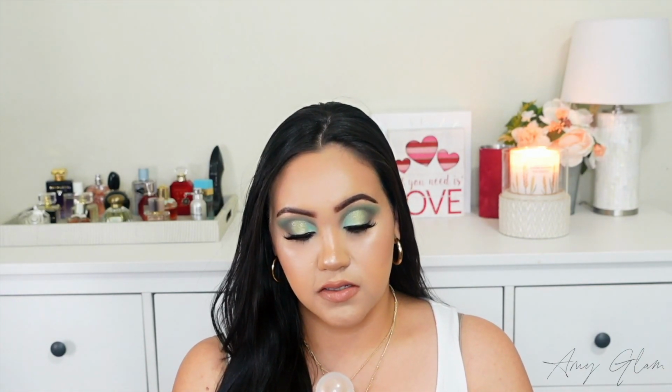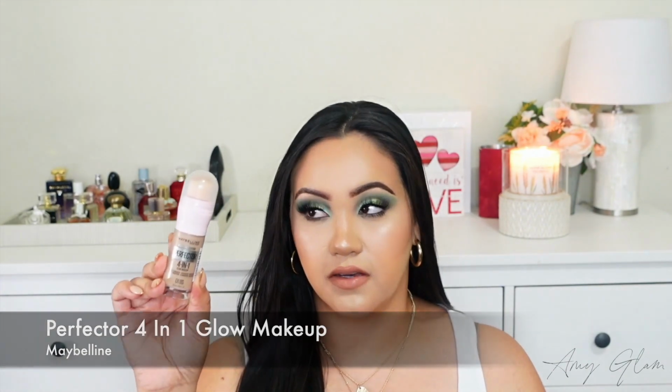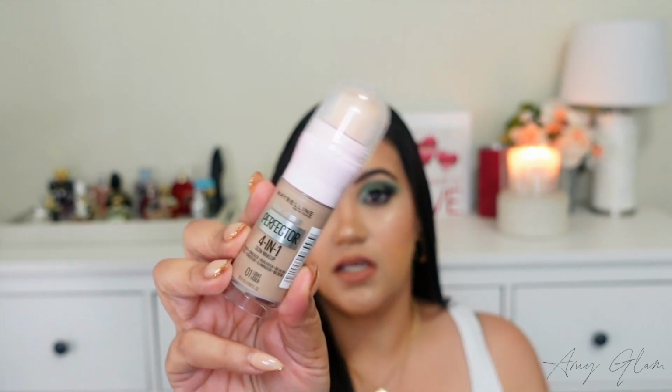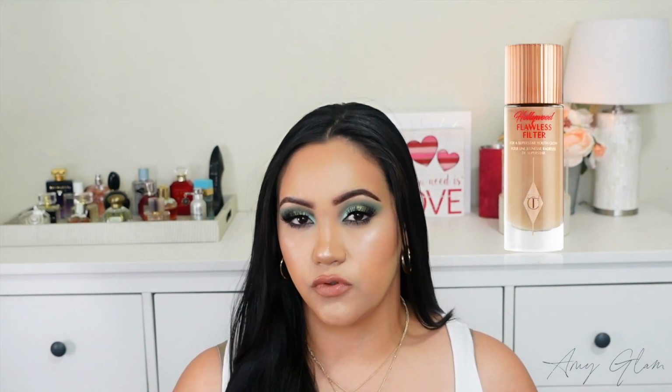So let's jump into the few items that I picked up. The first thing that I got is this Maybelline Instant Age Rewind Perfector 4-in-1 Glow Makeup. I picked this up because it is going around, especially on TikTok, and people are saying that it's very similar to Charlotte Tilbury's Flawless Filter, which